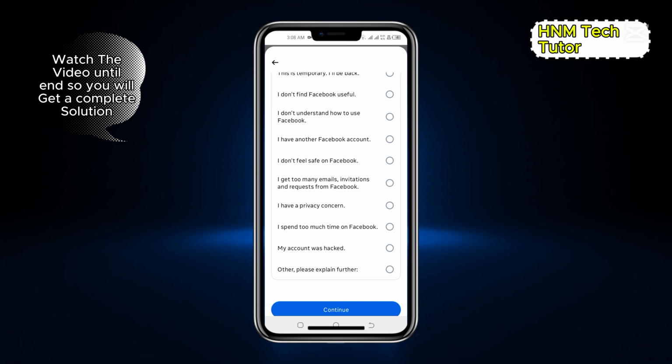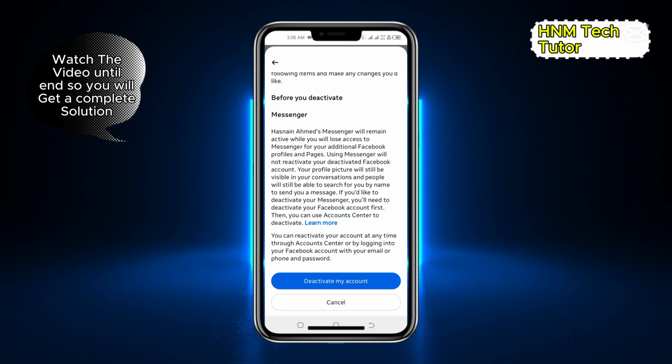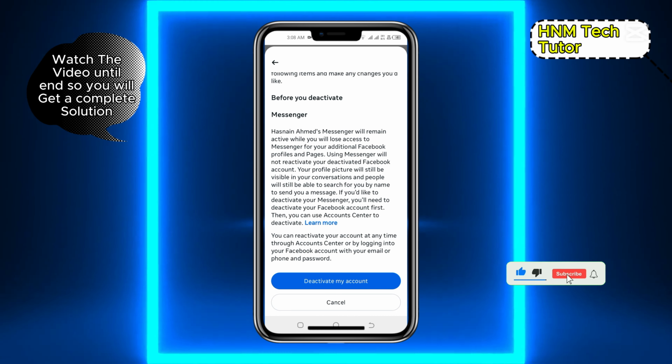It will redirect me to the page where you can set different options and reasons for your deactivation. Once I click any of the reasons, you can simply see the option of